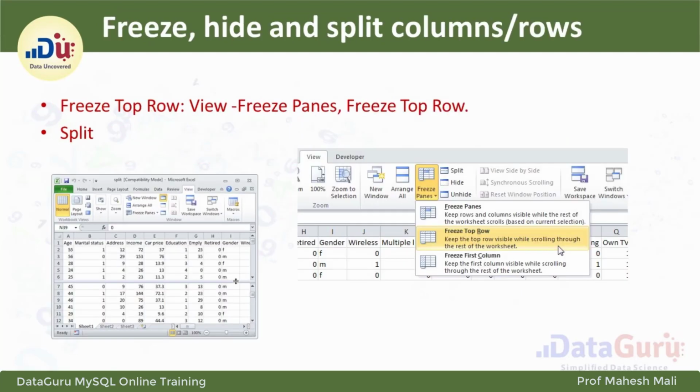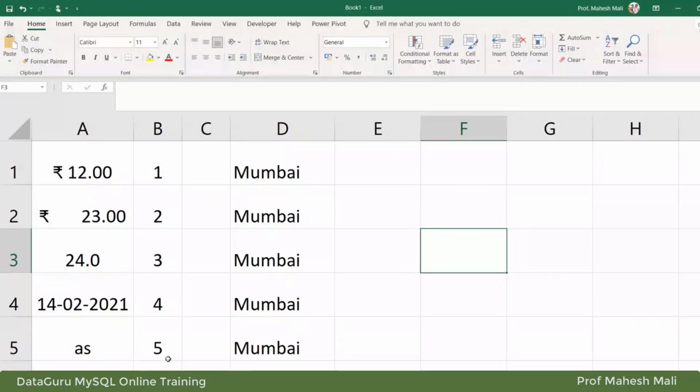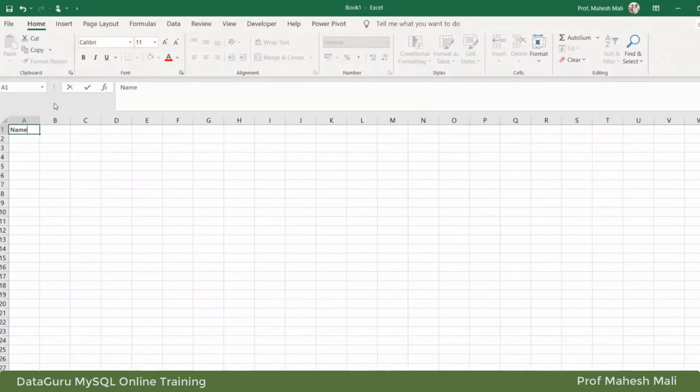After that, we can freeze, hide or split columns and rows. Okay, so freezing column means what? Suppose I am having a very big data with me, okay, suppose I am having name, serial number, then I have age, then I have standard, and suppose I have written something very random here. In age we wrote 12, 14, 18.